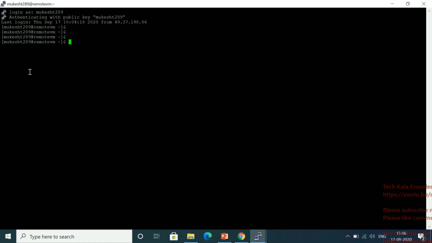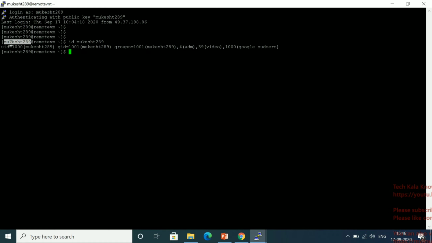In your environment you can also use one user, because we need one user for the SSH connection from master to client server. I'm going to use this user to establish the connection between the master and the client. First I have to go to cd dot ssh, which is the hidden directory.